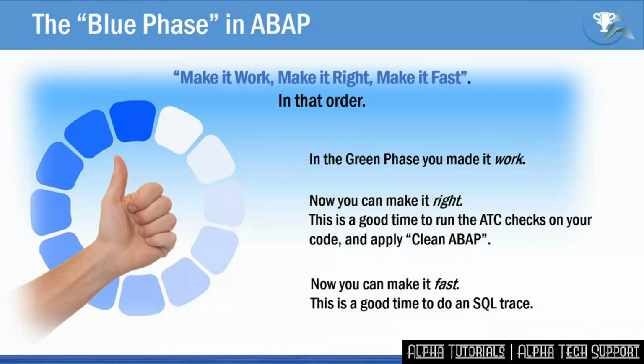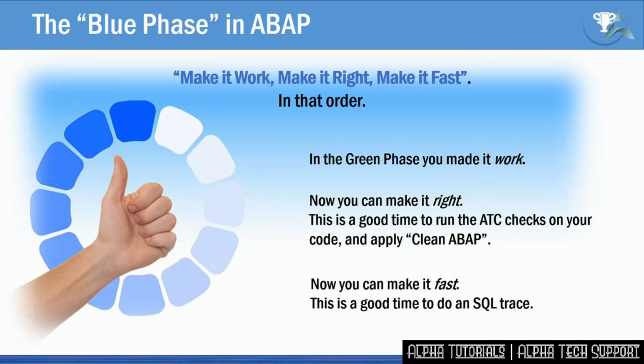Test-driven development is not just about correctness, but also the quality of the code. American software engineer Kent Beck once said, "Make it work, make it right, make it fast." In the red phase, you defined what it was, it being the business requirement. In the green phase, you made it work, ensuring the correct behavior. In the blue phase, you can make it good.